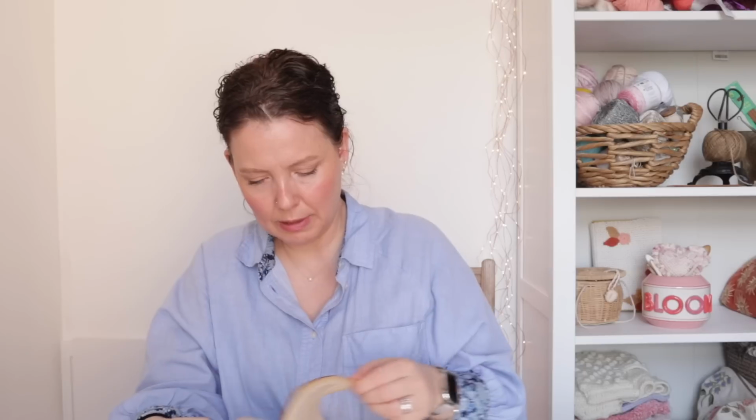Anyway, so I had a look at the crochet chapter, and it just really tells you how to get started. It's got the basic stitches, and then it had a couple of projects and some squares. So I worked up one of the squares from the pattern, and it said it was a square to make a shawl,